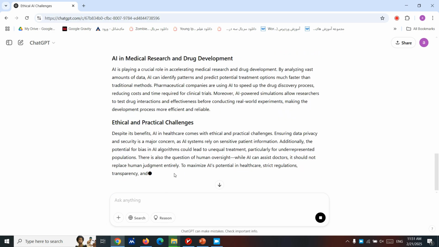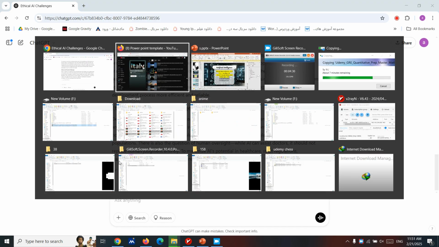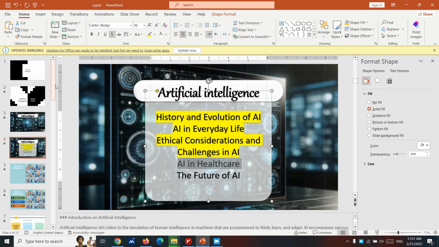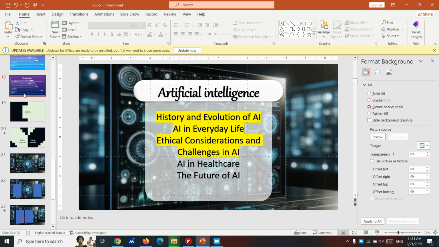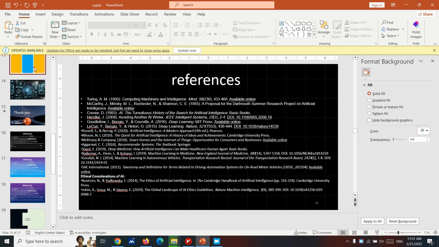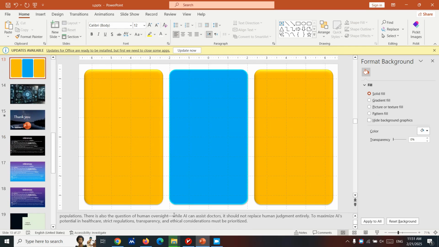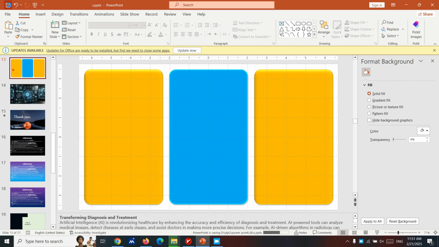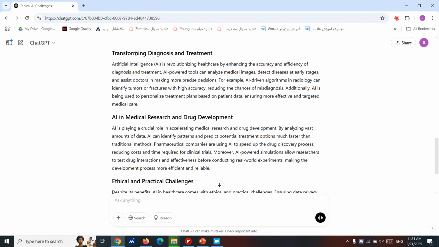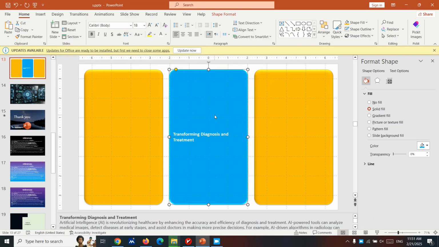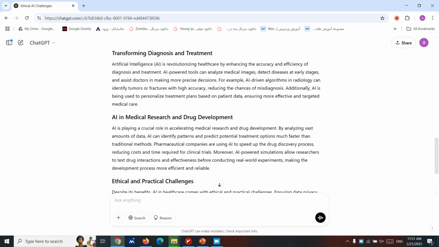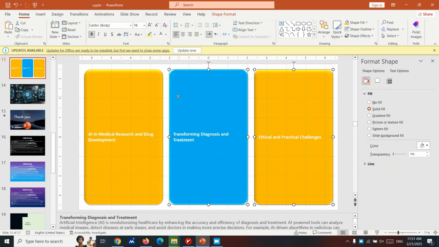At first we just need to copy the text and paste the text here in the background of our shape. Now we paste the text, just save it. Then we copy the topics, topic 1, topic 2, topic 3, select them all, center the text,